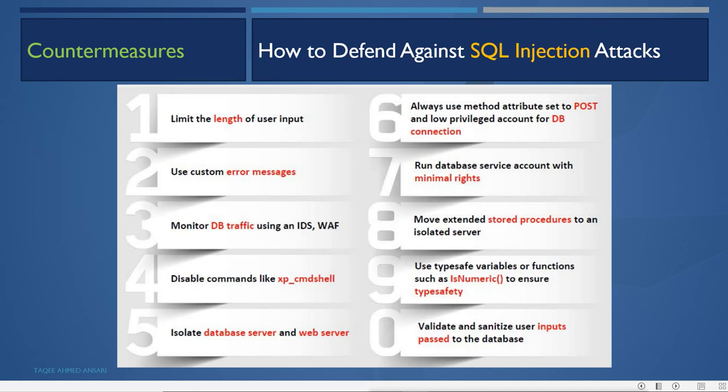Suppose the attacker runs a query to check the table information about the credit card table, which has a column of credit card numbers. The query is successfully executed on the SQL server.